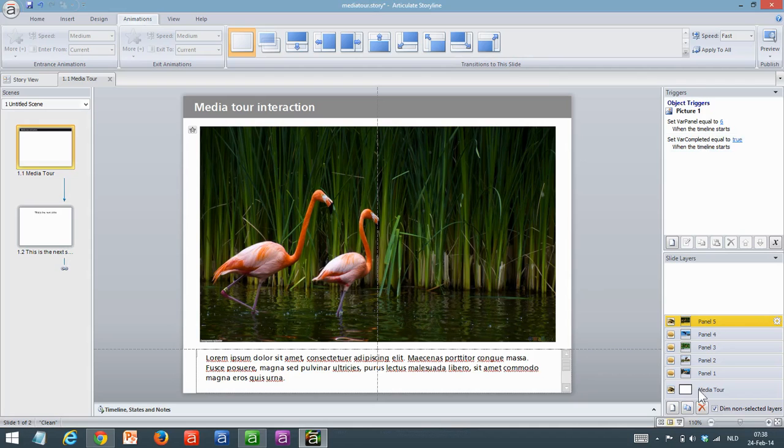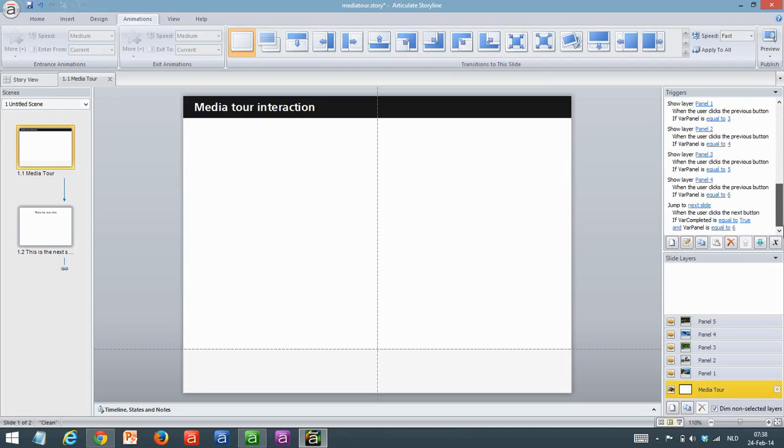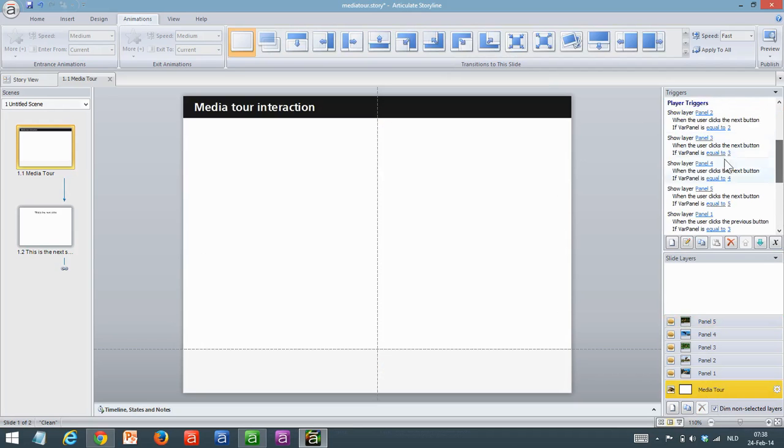So that's how I can navigate through these panels. The other variable, the var panel variable, is something I use to actually say to the next button, jump to this panel. So if I go to my base layer, scroll down, you see a whole bunch of player triggers